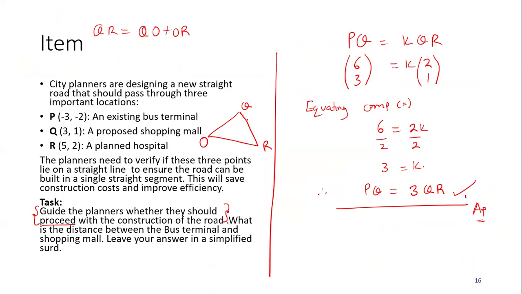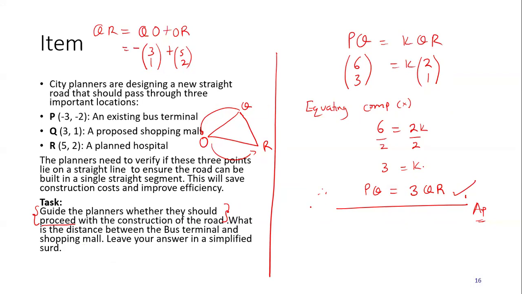Now, this is what you are doing in case it is vector. To get QR, you have gone to QO, then you went to OR. It is very okay. But do not forget that when you reach QO, you'll put a negative there for your point of Q, which was 1. Then you continue with OR, which was 2. So it is okay. Okay, thank you, teacher. Okay, then we go to the second part of the question.